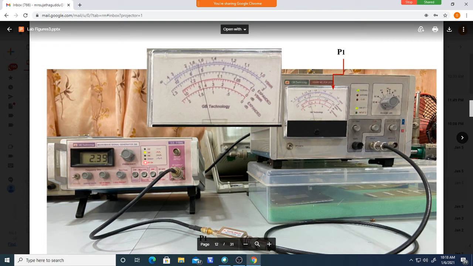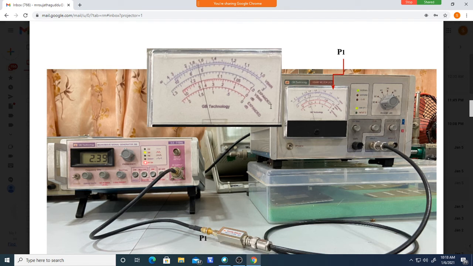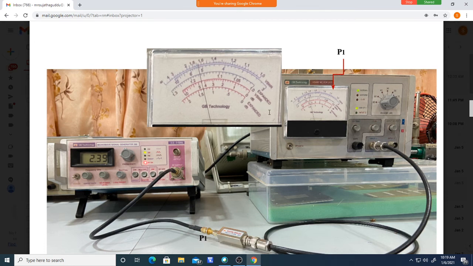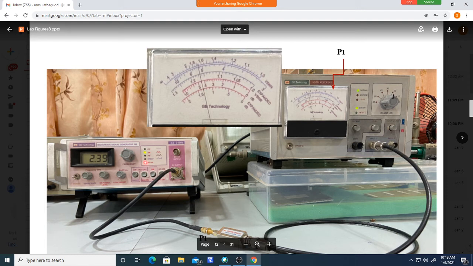See, minus 30 is greater than minus 40, do not confuse. Minus 30 is greater than minus 40. Minus 60 is lesser than minus 50. Minus 60, minus 50, all these are lesser than minus 30. If the input power is greater than 40 dB, then the needle will go to the right side like this. So since the power is more, you should change the range to 30. Even if you keep it at 30, if it is still at the rightmost, you should change it to 20. That means the power is greater than 30, like that.